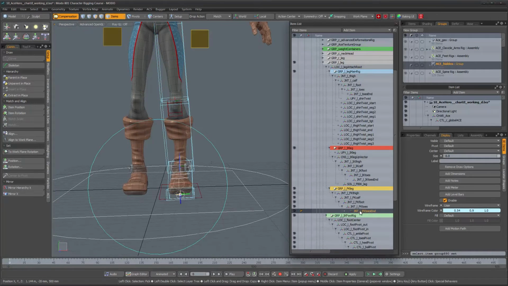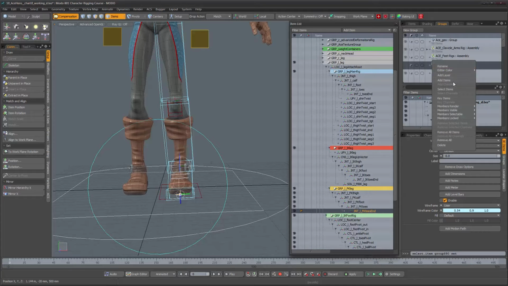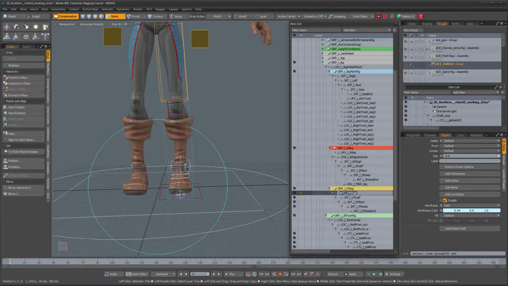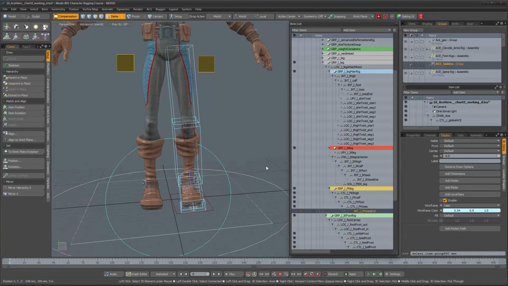This is the FK leg, so we only need to add the last one, and we can rename the others. I guess at this point, oh no, this is not a control. You could just probably skip the rest of the video if you want,